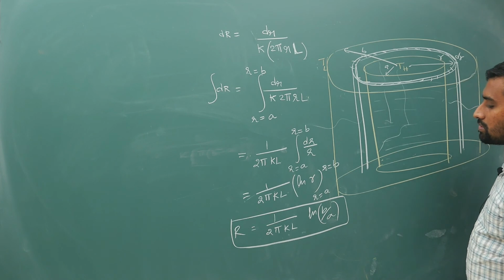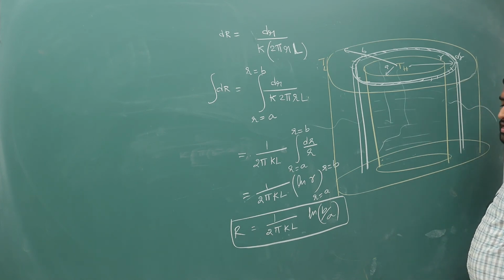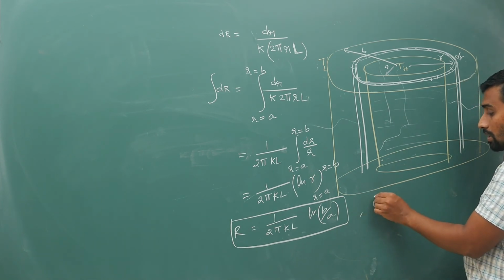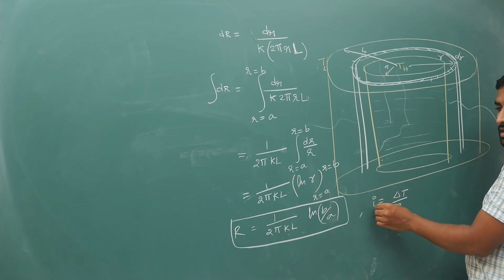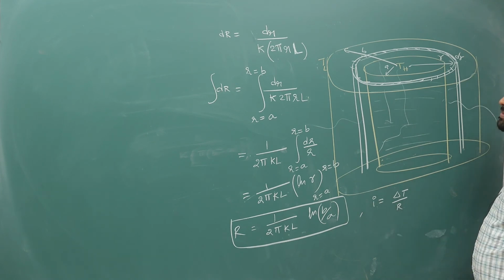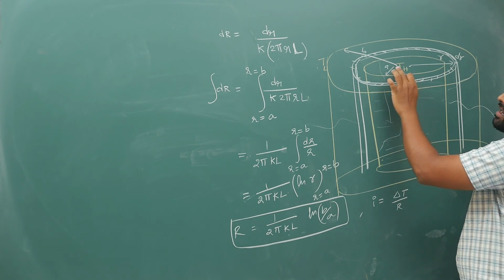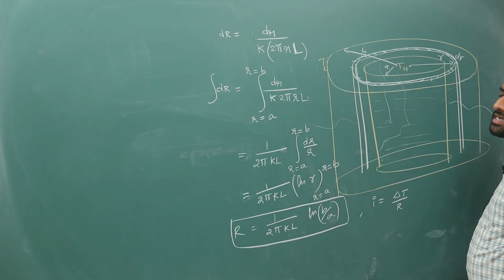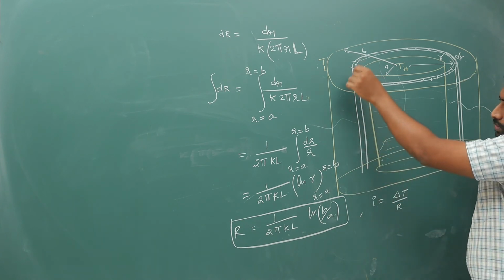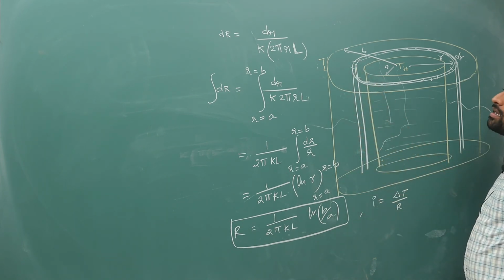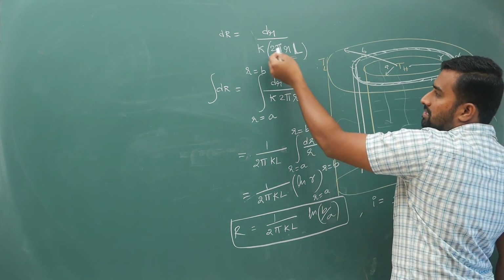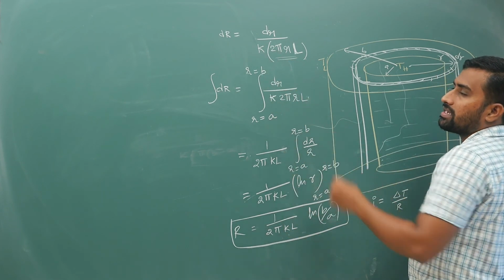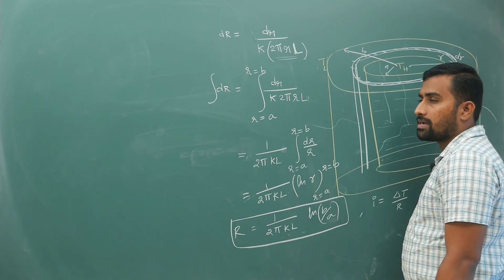So this much is your thermal resistance, and if you want the heat energy, your I is temperature difference by resistance, where your current I is dQ by dt. From this you substitute if T1, T2 values are given. So this is the case when the hot and cold ends are like this. In the previous case it was flowing along the length; now heat energy is flowing radially. Whenever you have this variable area of cross section, you have to go for integration. You have to take a small strip and then do the integration part.